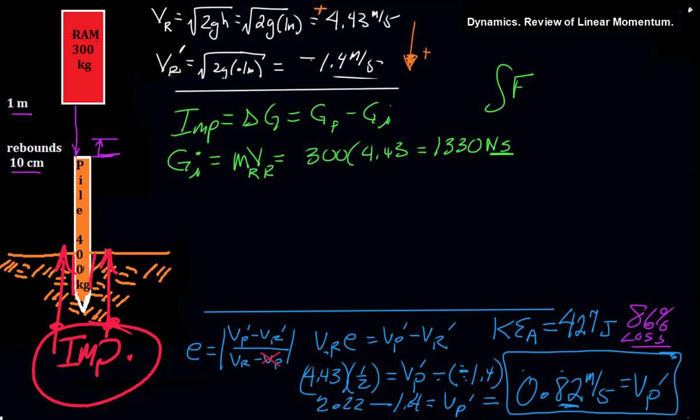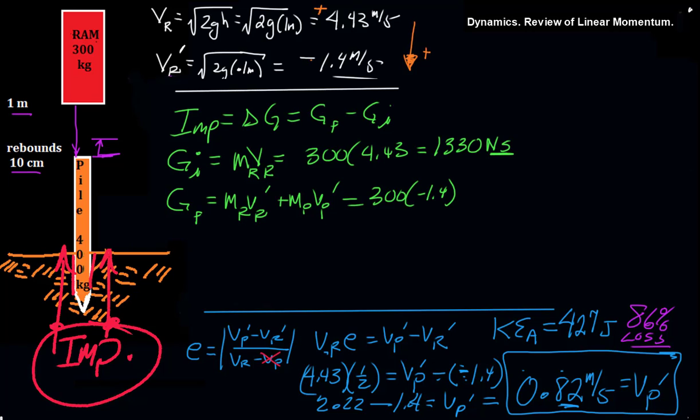Again, recall it's the integral of force dt, so it's newtons times seconds. And G final will be m_ram v_ram prime plus m_pile v_pile prime, which will be 300 times negative 1.4. Again, these are vector values, plus 400 times 0.82, our speed from down there,